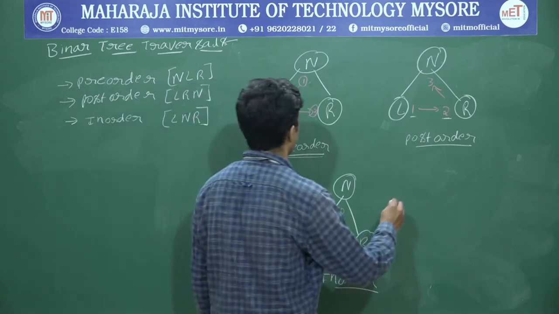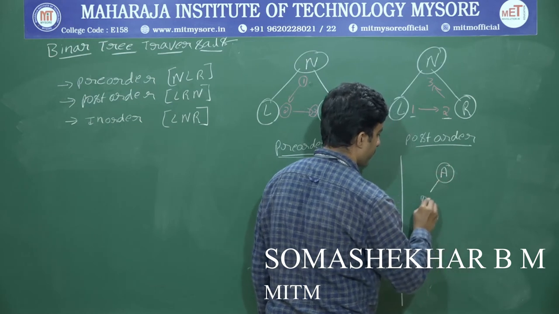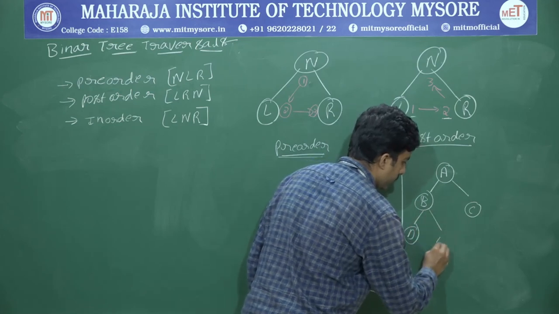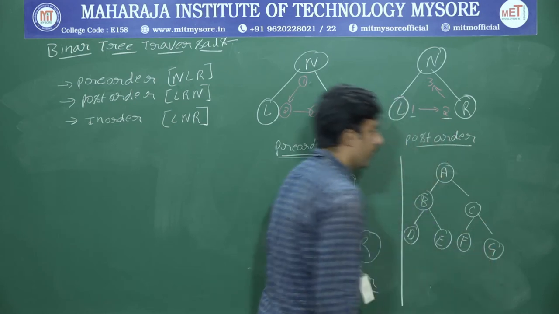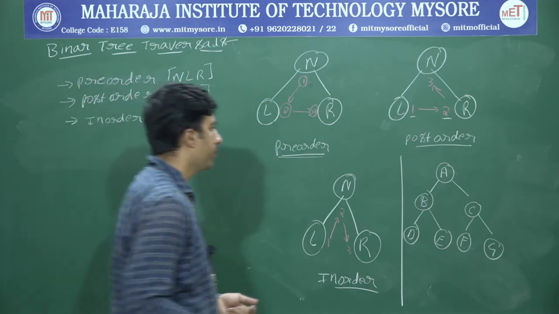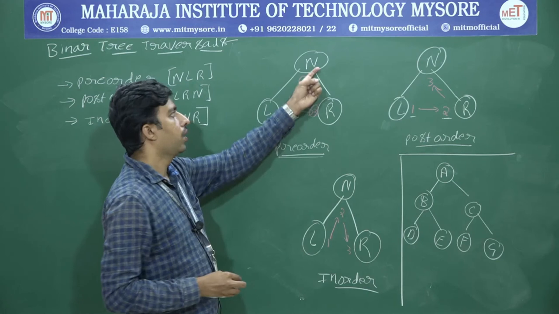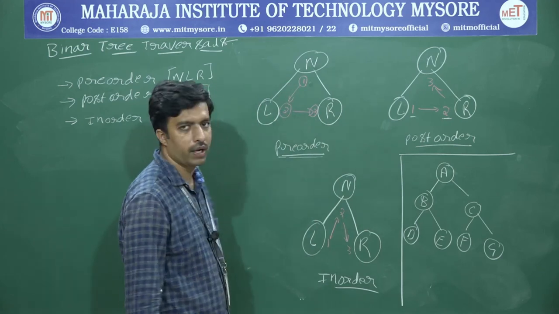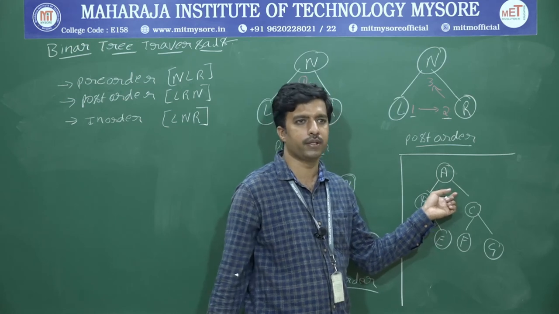See how it actually happens. Assume I have a tree: A, B, C, D, E, F and G. This is my tree. What values will I obtain when traversing in-order, pre-order and post-order? In pre-order I will traverse these nodes and return the results. There is a systematic method to traverse this, and I will explain it in the next video.